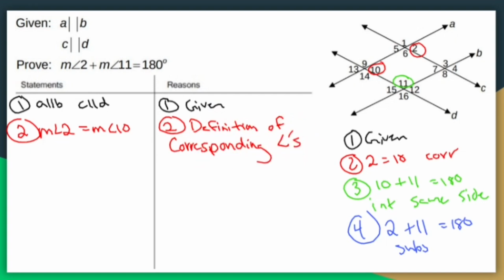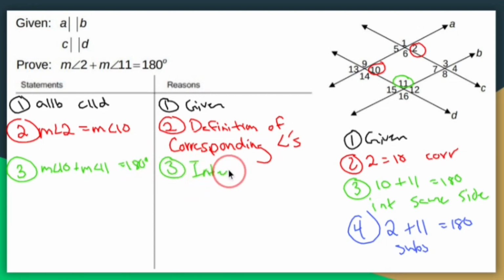Use symbols. You're allowed to. What color did I use next? Green. 3. We said in 3 that 10 and 11 are the same. No, they're not. 10 plus 11 is 180. The measure of angle 10 plus the measure of angle 11 is 180 degrees, and that's because